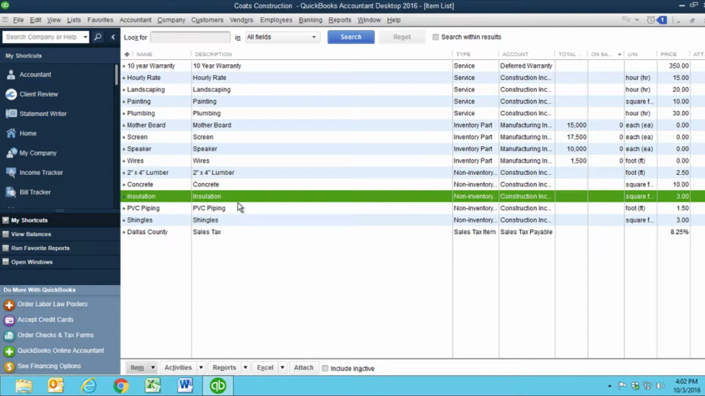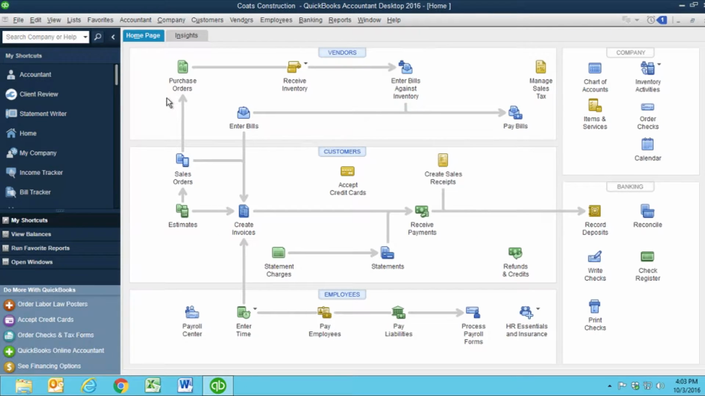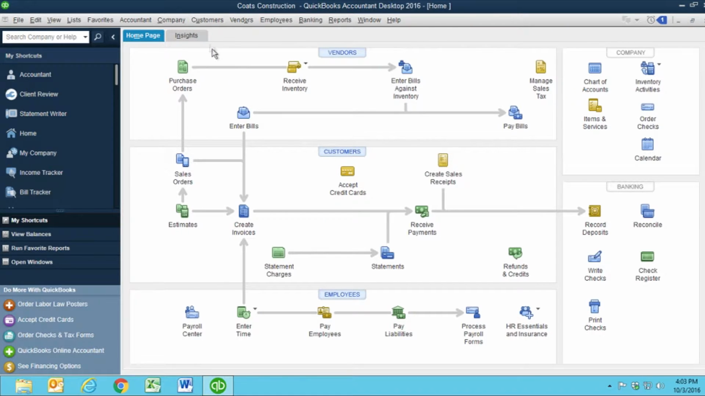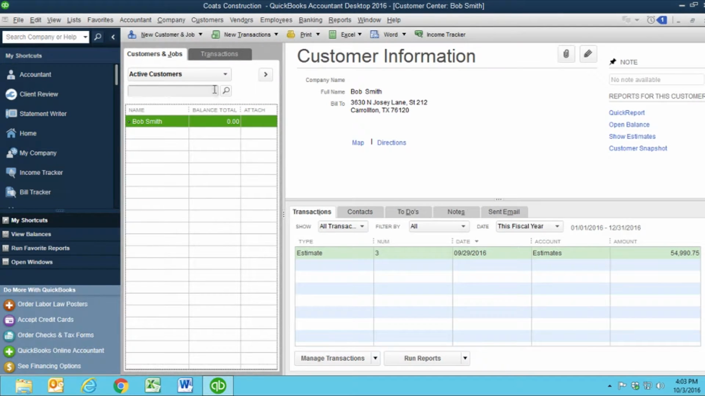So let's now go and create an estimate based off of what we had just created. To create an estimate, you can go one of two ways. You can come here to estimates, and that will allow you to go straight into it. Or if you need it for a specific individual, you would come up to customers or a specific customer, come up to customer center,